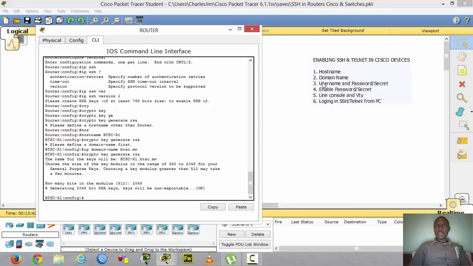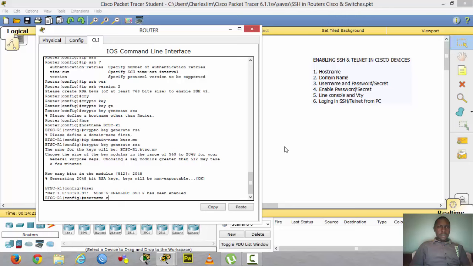We need to use a username and a password, because SSH will require a username and password when you want to log into the device. And we also need to have an enable password, because whenever we go into the enable mode or the privilege mode, we need to have a password. We're also supposed to have the line console and the VTY configured. So firstly, we have done the host name and the domain name, and now let's create a user and a password in the device. So we say username Charles,